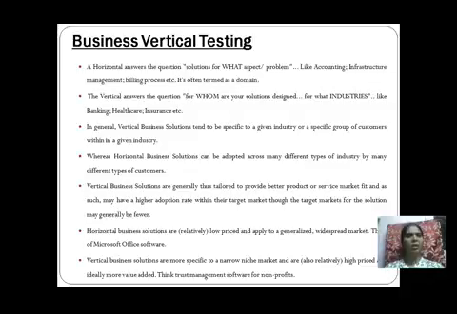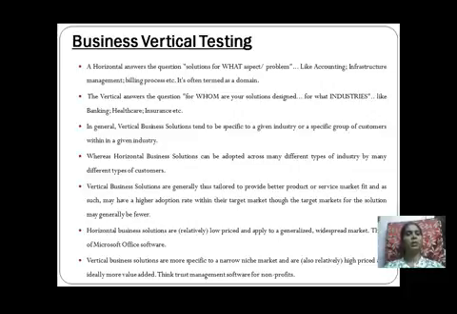So when we are thinking of a vertical business solution, it is more specific. It is according to the market demand, related to a specific group of persons, highly priced and ideally more value added. So we can think of trust management software for non-profits, which has applications to generate the appropriate results and solutions. So this is nothing but business vertical testing.